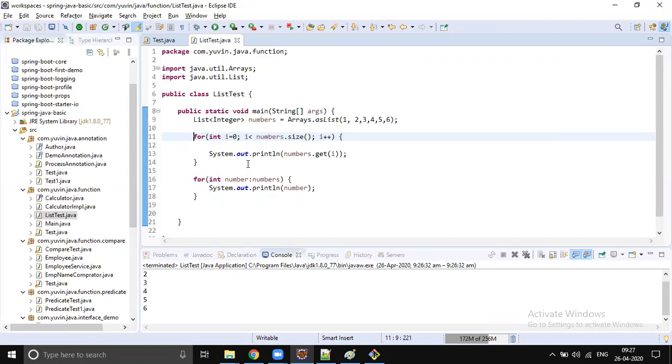Compare that with the enhanced for loop introduced with JDK 1.5. With JDK 1.8, there is a new feature added called forEach, a method in the Iterable interface. By using that forEach, you can easily print the data.